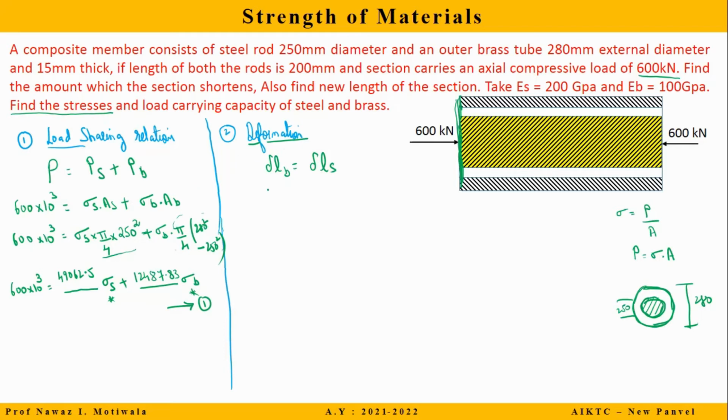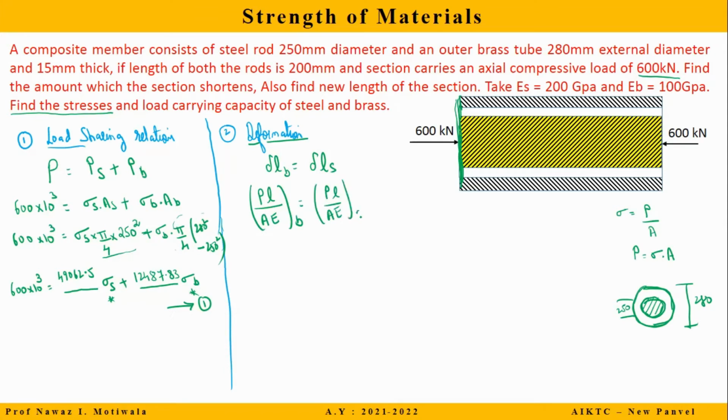Now, what can you tell about delta L of B? I have told you to remember this formula. What is the delta L formula? Basic formula. What is delta L? P into L upon AE. Perfect answer. P into L divided by AE. So I will write here P into L divided by AE of brass should be equal to PL by AE